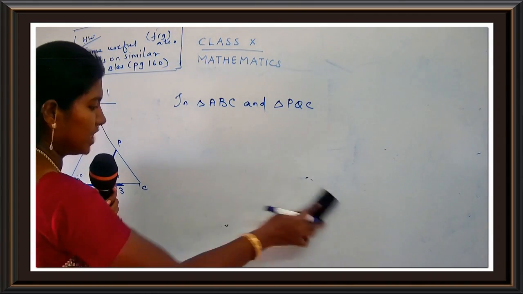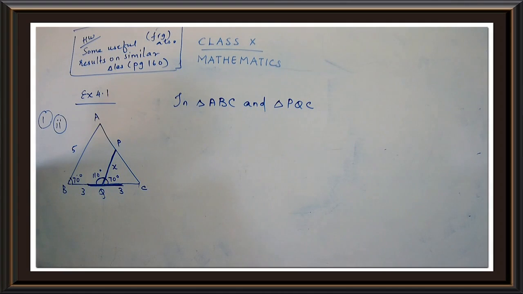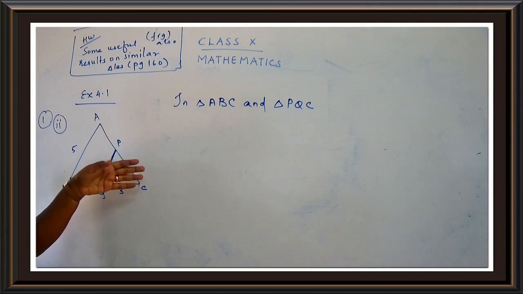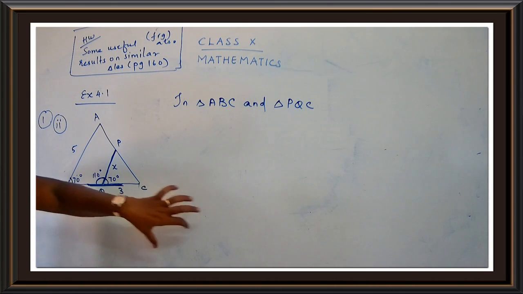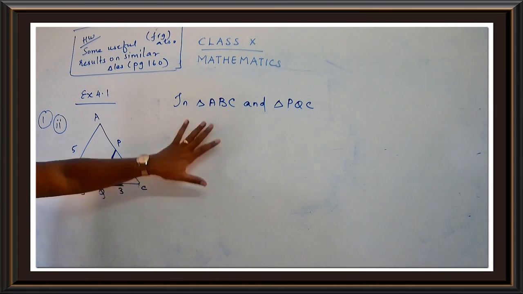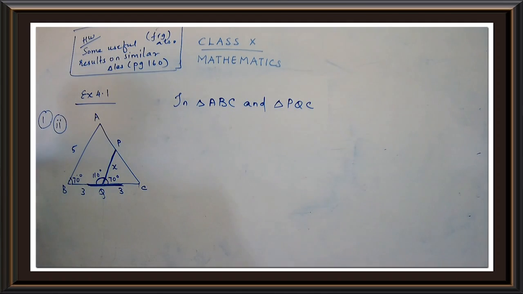We are going to check whether the triangles are similar by using the methods that we have used when we wrote the criterion. Do you remember? I wrote some methods and I have proved that they are similar. In the same manner we are going to check here. Here this is ABC and this is PQC. Now in ABC and PQC, I can see that two angles are same. Which are the two angles to be same? B is same and Q is same. Do you agree with this thing?